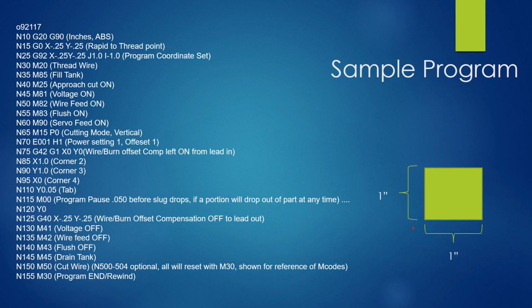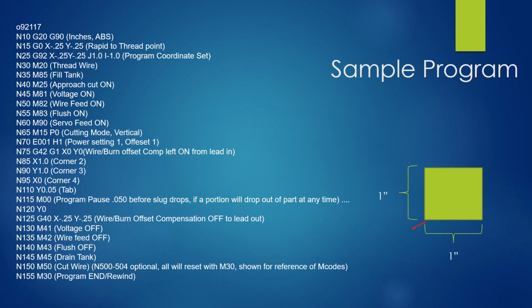Here we're going to turn on the correct cutting mode. Okay, so M15 P0, that's going to be vertical. Then we're going to turn on power setting 1 and offset setting 1, offset 1, so that when we do our G42 here, it's going to use that reference. So we're going to cut our comp right, come over to here, that X0, Y0,